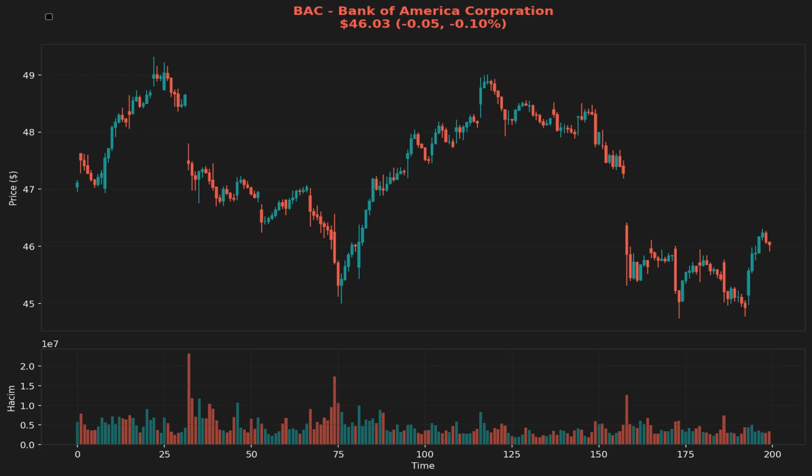The RSI is a momentum oscillator that measures the speed and change of price movements, typically ranging from 0 to 100. An RSI above 70 suggests that a stock may be overbought, while levels below 30 indicate an oversold condition. With BAC's RSI currently below 70, it does not yet signal an overbought condition, allowing for further upside potential before